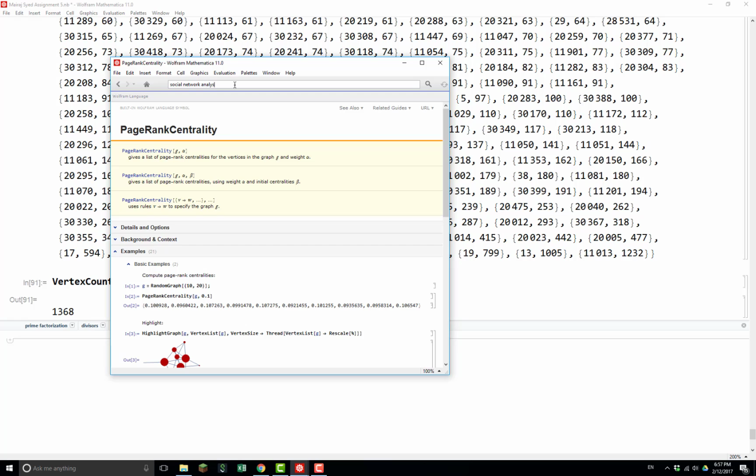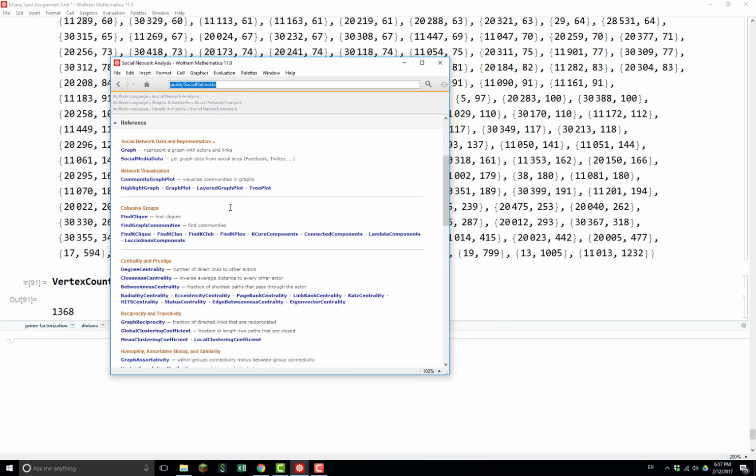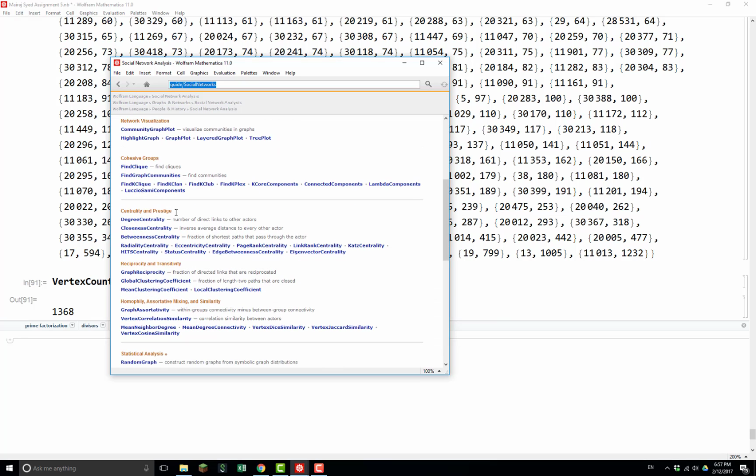the types of, if you go to social network analysis, the document, you can kind of see the centrality and prestige. So there's all kinds of different measures through which you can identify which node, which vertex is the most central. So betweenness centrality calculates the fraction of the shortest path that passed through the actor, meaning it is all about trying to find out,